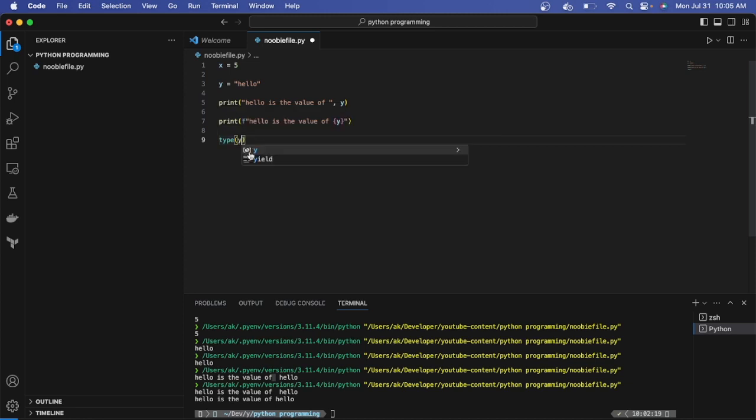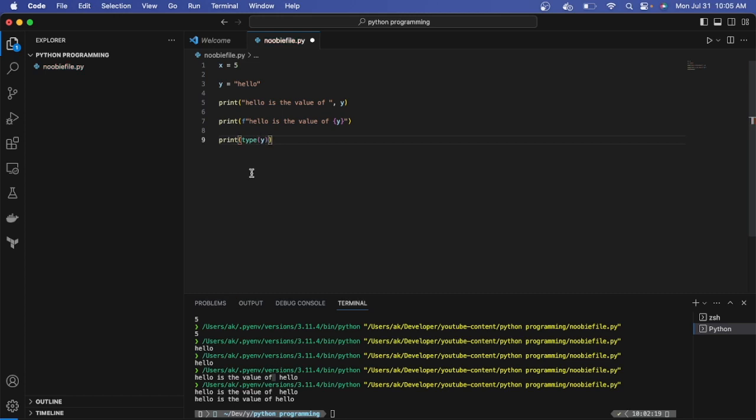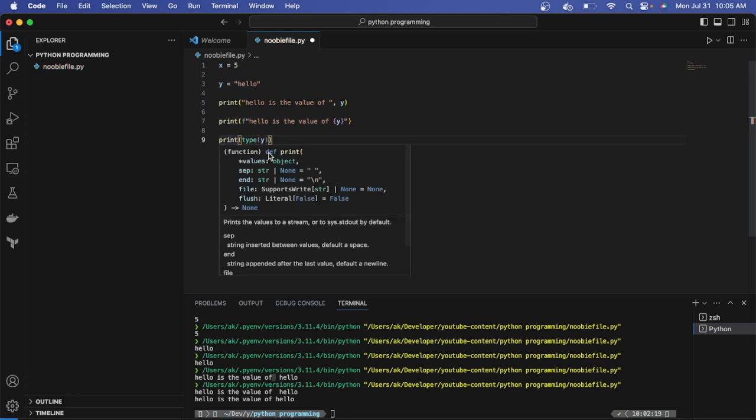You can just simply specify the variable, or you can even just put the whole string in there. But let's use variables because it's a cleaner way of doing things. Now, this won't give you an output. Oh, well, this will give you an output, but it won't print an output, right? So in order to do that, you will need to wrap it in print, right? So if you look at the print function, it basically